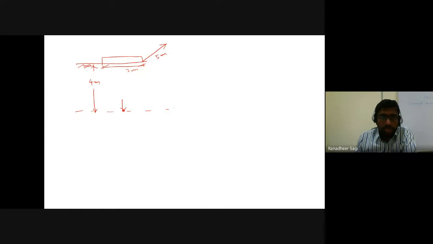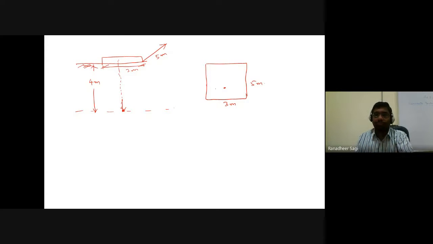Let's say the point where I want to calculate my vertical stress is somewhere here. In the plan view, if I extend this point, it's not falling at the center of the loaded region. In the plan, this was my rectangular cross section of the footing, 3 meters by 5 meters. The point, let's say, was falling somewhere here. So this is my point A, and in the plan view, when I'm projecting it, I indicate it as A dash.